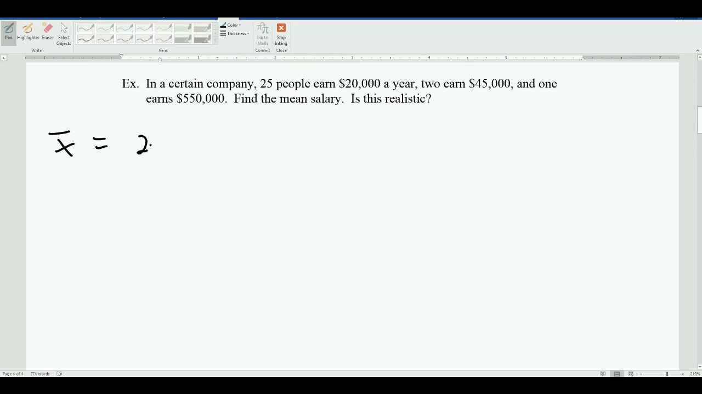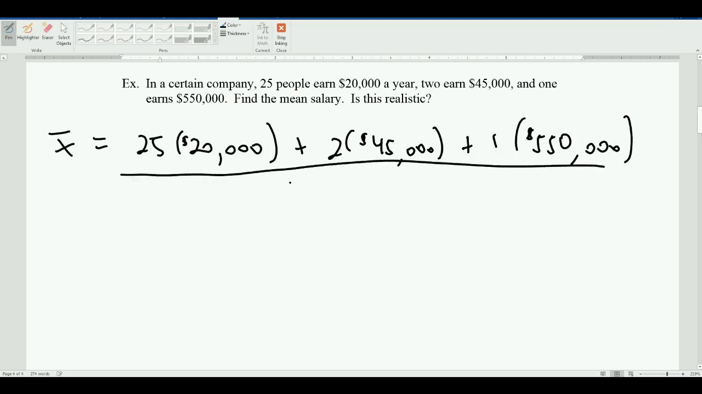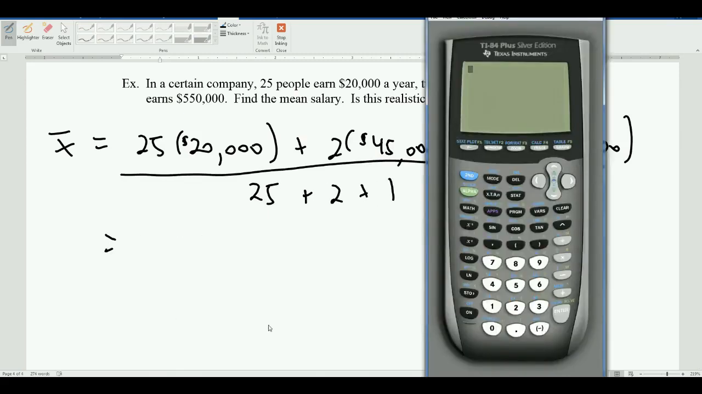So we got 25 people that earn how much? $20,000 per year. We have 2 people that earn $45,000 per year. We have 1 that earns $550,000. So how many total people do we have that work at this company? We have 25 plus the 2 plus the 1. So when we add these up,